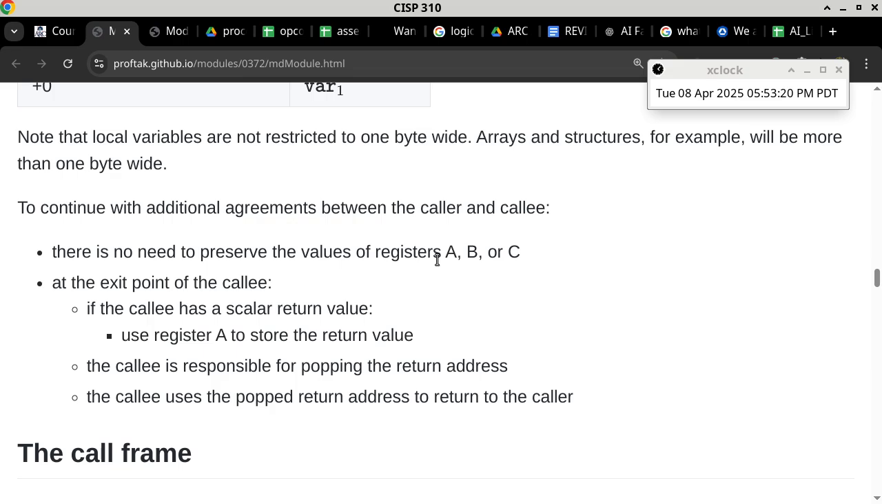At the exit point of the callee, if the callee has a scalar return value, then we use register A to store the return value. That's how we pass a return value from the callee back to the caller. It's using register A. So now the next question is, I'm sure there's a question in your head. Yes,